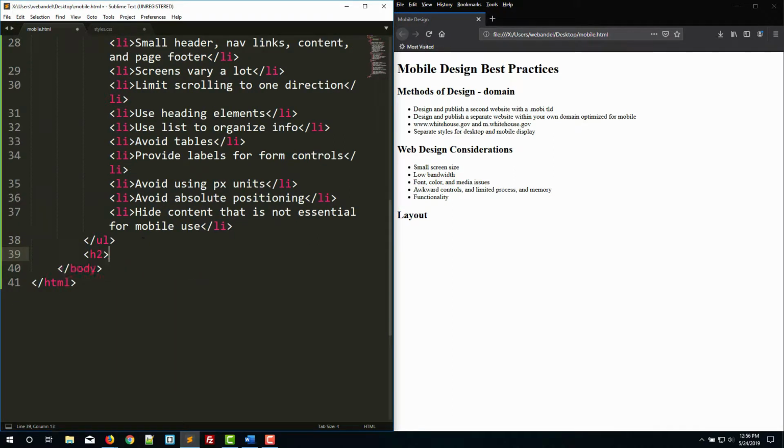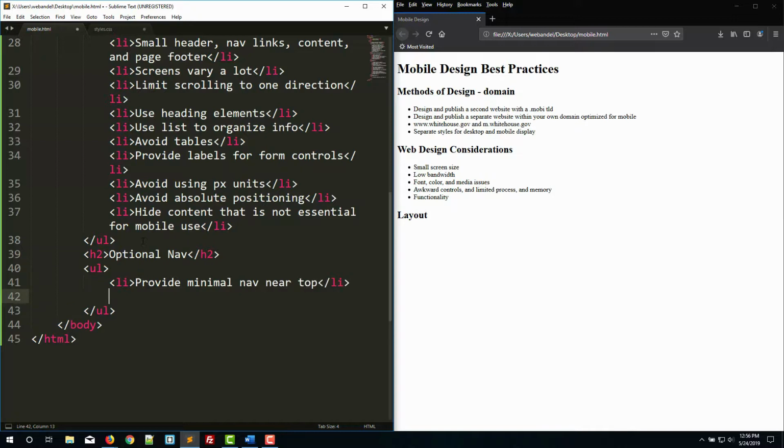Let's make another H2. This one will be optimal navigation. So looking at what you can do to optimize your navigation. Provide minimal navigation near the top. Provide consistent navigation. So using the same kind of terms, letting people have as unified of a look as possible so